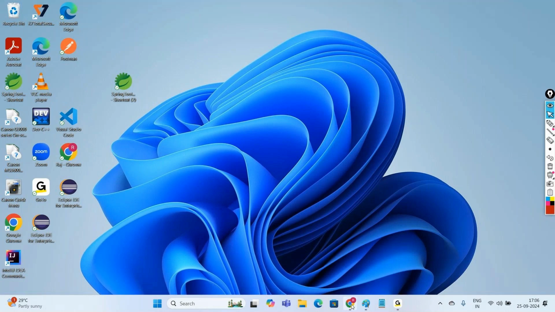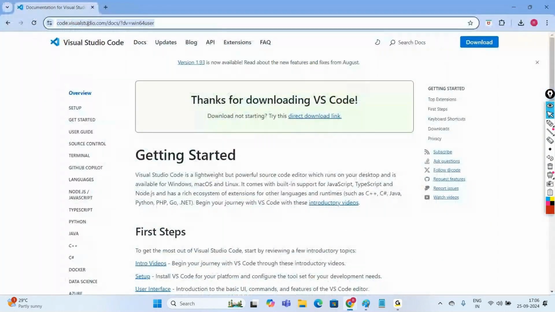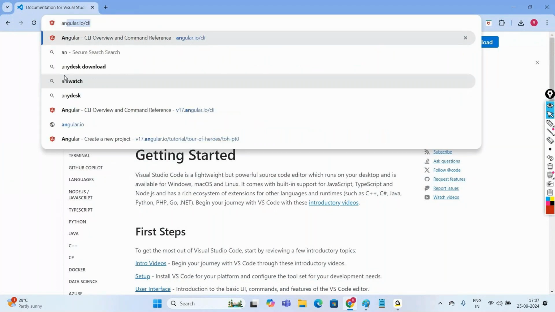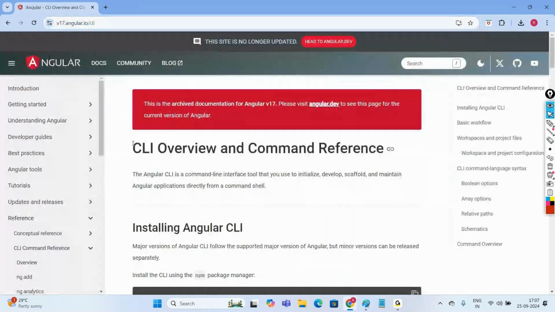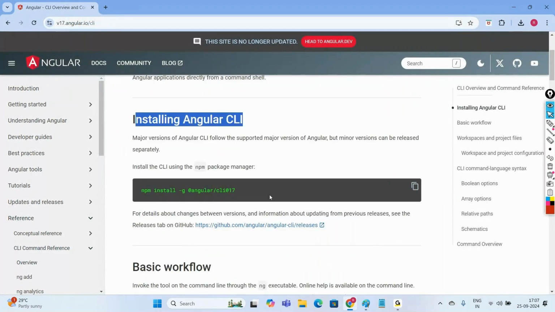The next thing we require is Angular CLI. So to go with Angular CLI, open this website angular.io CLI. Here you can find how to install Angular CLI. So in order to work with Angular, we need to install Angular software on our system. To install Angular software, we need to open command prompt or terminal. In the case of Windows, command prompt. In the case of Linux or Mac, we say terminal, and we need to use this command npm install